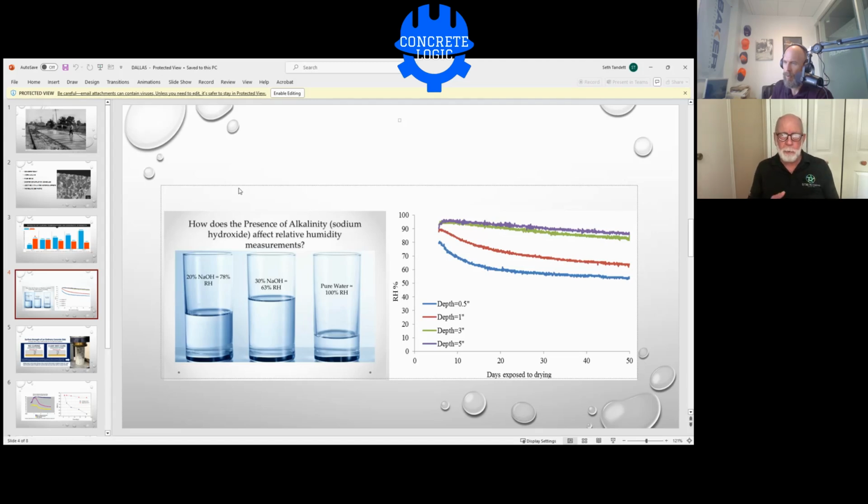They keep showing the graphic on the right-hand side, which is fairly typical from what I've seen with these field studies, where they put in thermocouples along with an embedded humidity measurement. They're showing consistently that within the top 1 inch, the concrete will self-desiccate within 2 to 3 weeks after placement. When I first saw that, it shocked me to no end,